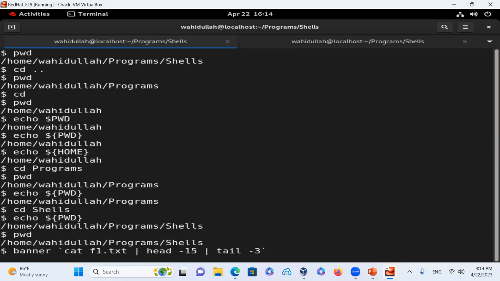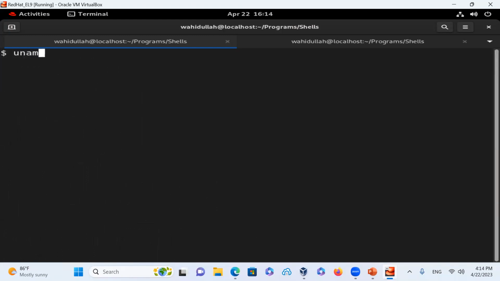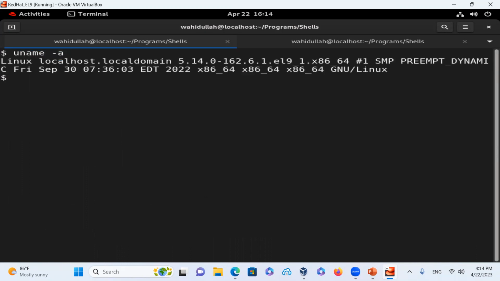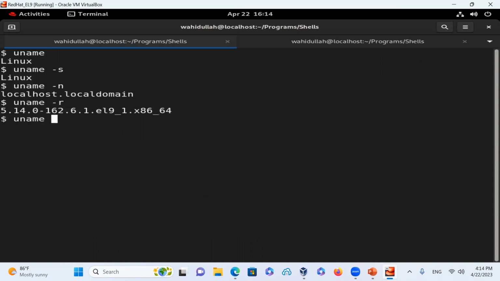And then the next command was uname. So clear the screen. uname -a will give you the system name. If you type uname by itself, it's the same as uname -s. Then uname -n for node name, uname -r for revision, uname -m for machine type, uname -p for platform,